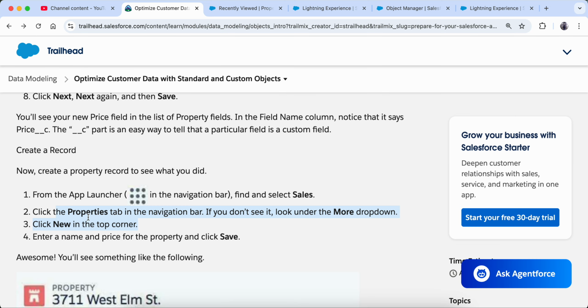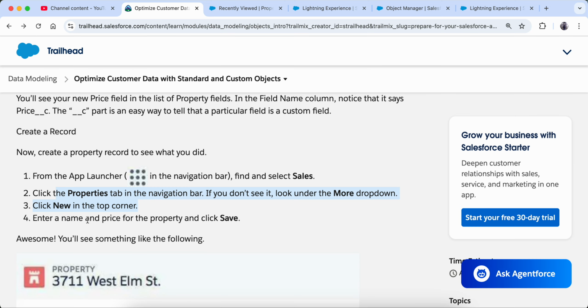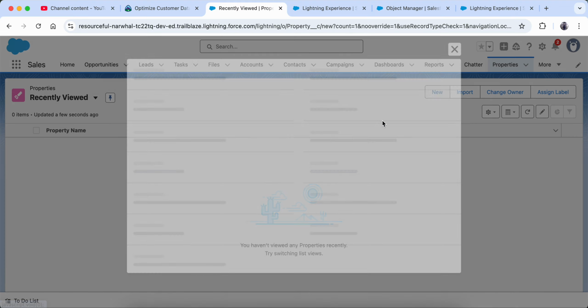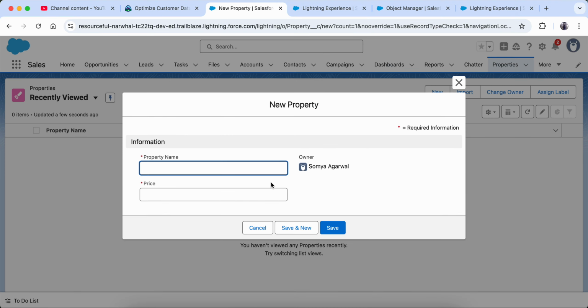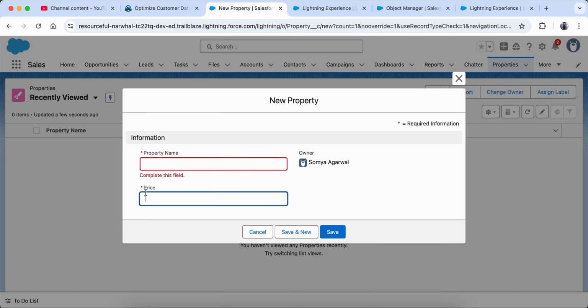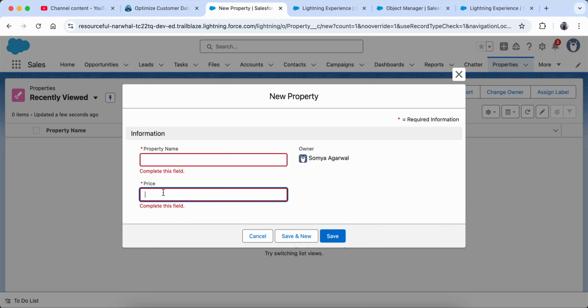Okay, now what they are saying is that we have to create a property record. Okay, so new, enter a name. So I will click on new. Okay, and then I'll put the name of the property, and then I will put a price of the property, because price we made required, right? So I am going to give a name, I'm going to give a price, and then I can save it.